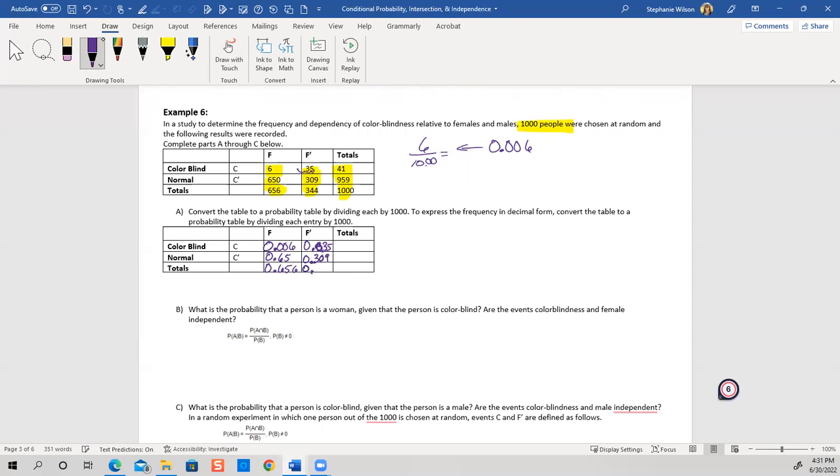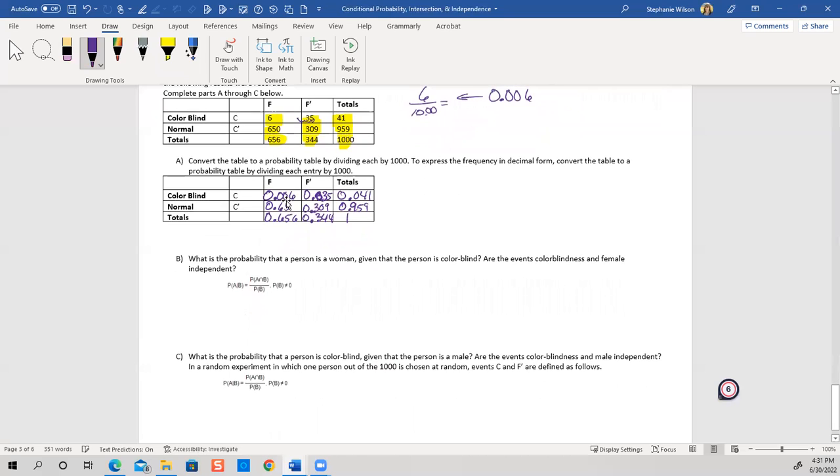All right, so now that we have this in probability format, we can move on to the next part. B says, what is the probability that a person is a woman, given that the person is colorblind? Are the events colorblindness and females independent? All right, so you're given a formula there. So let's solve for it. What we need to do is